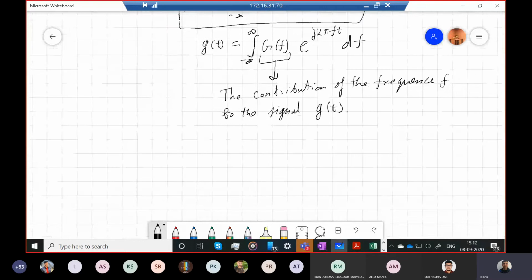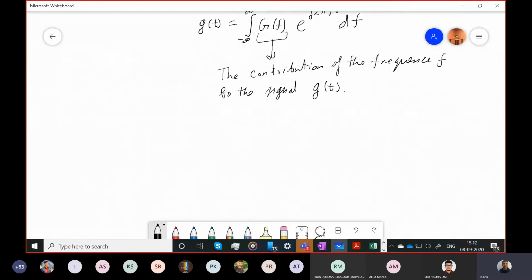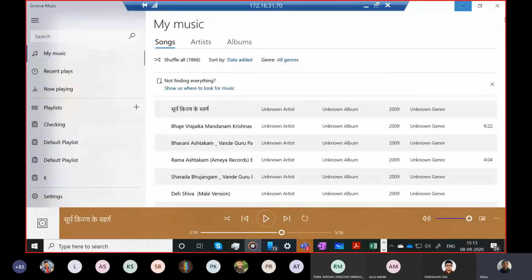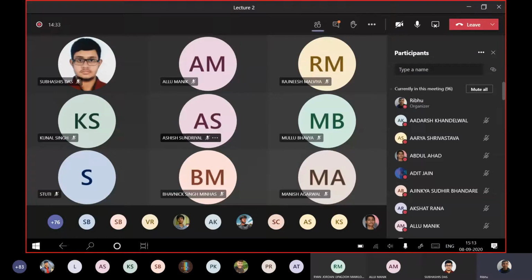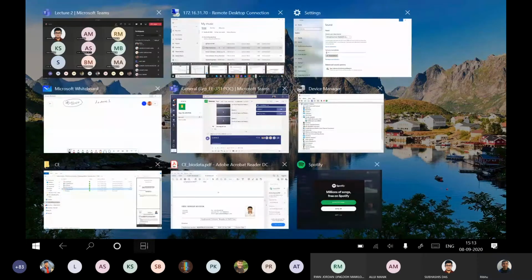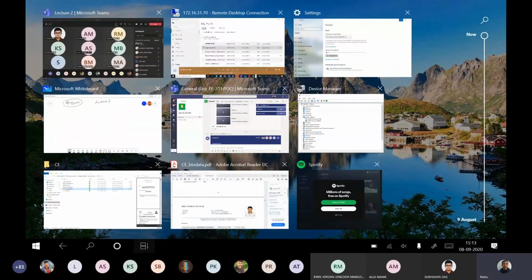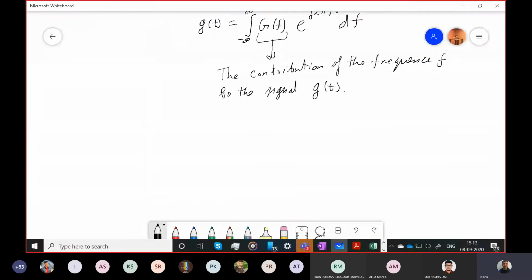So now we know that there are certain conditions called the Dirichlet conditions that need to be satisfied, and I'll write those down just for completeness. So in order to have a Fourier transform of a signal, the conditions that need to be satisfied are: